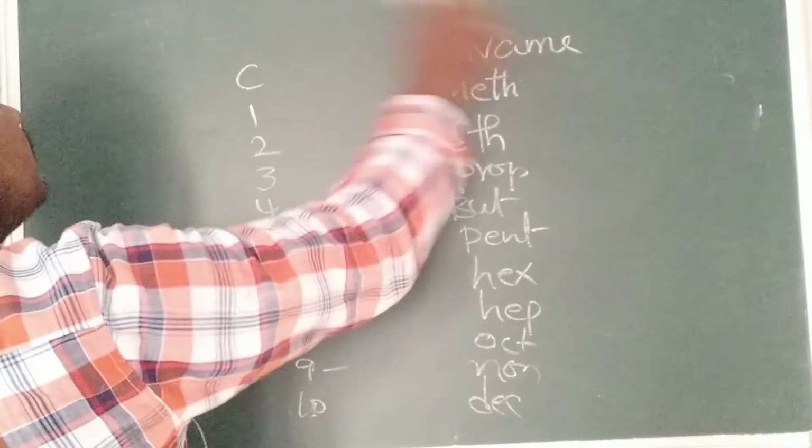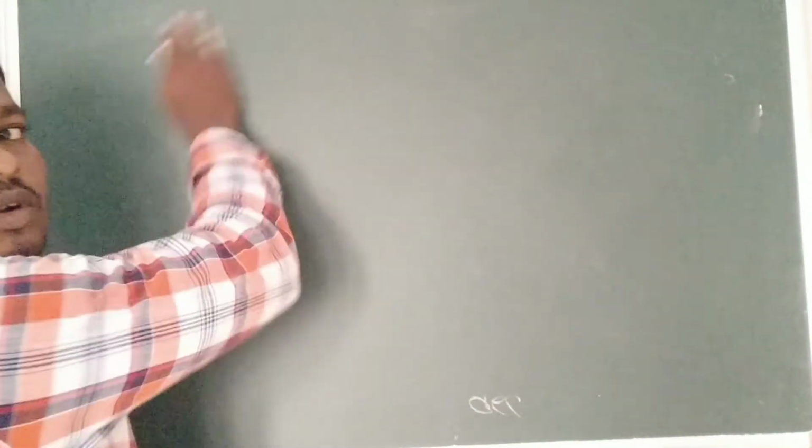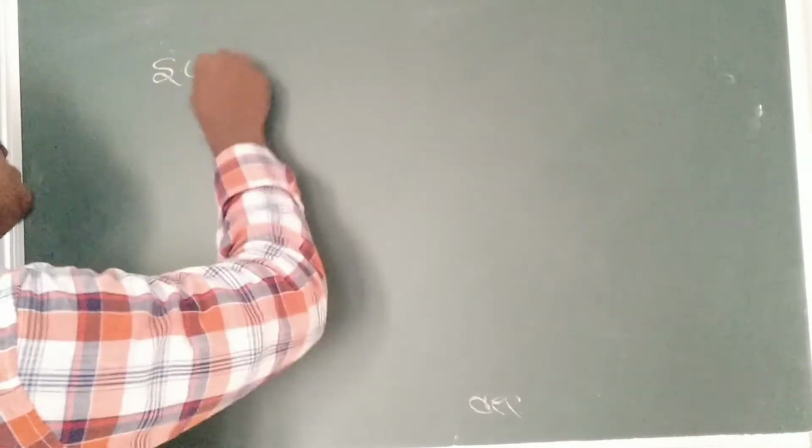Next, after the root word, this means the principal chain carbon number: how many carbons are presented in the principal chain. Undec, dodec, 11, 12, 13 carbons is there, but for our standard the maximum is 10 carbons. So next you can see the suffix. We have learned the prefix and the root word.